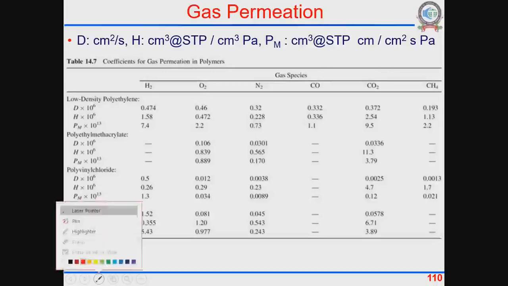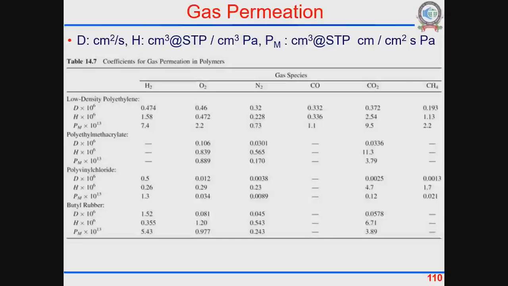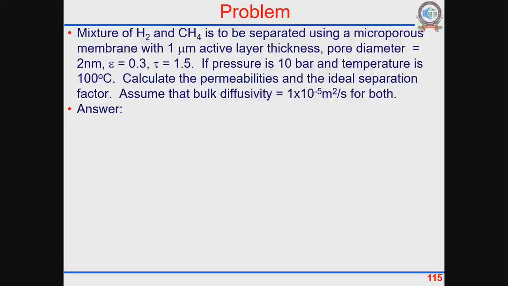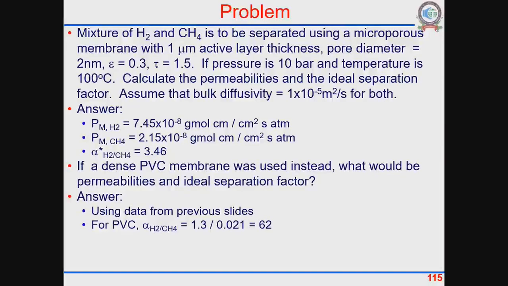We have hydrogen separation from methane. So permeability is 1.3 into 10 raised to minus 13 and 0.021 into 10 raised to minus 13. Diffusivity and Henry's constant are there together, which is what permeability is. Okay, so if you go forward,